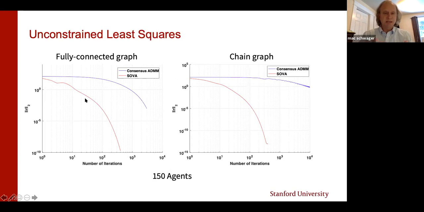And now the speed is going to be very much related to the connectivity of the graph and the number of agents in the graph, right? And so this shows how it scales with the connectivity of the graph. So fully connected, you'd expect to have the fastest performance. And a chain graph, you'd expect to have the slowest performance. This is the most sparse yet still connected graph you can have.